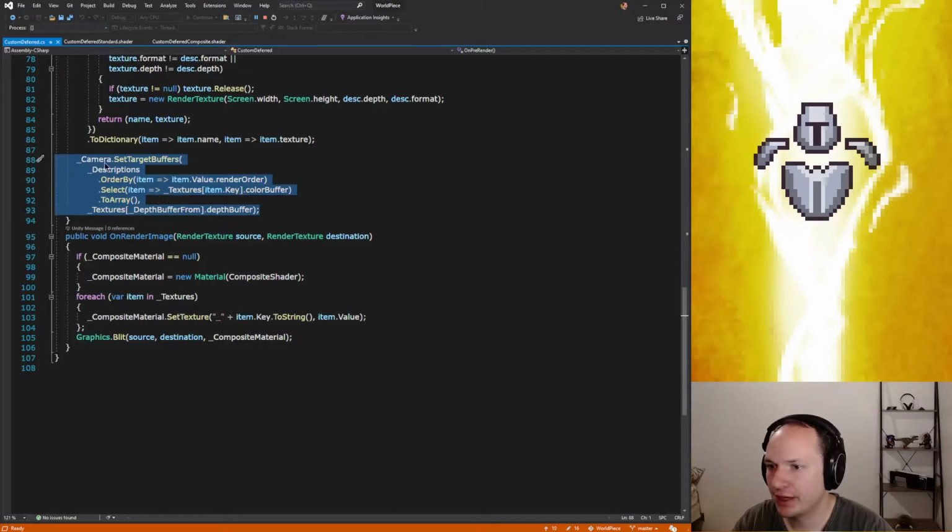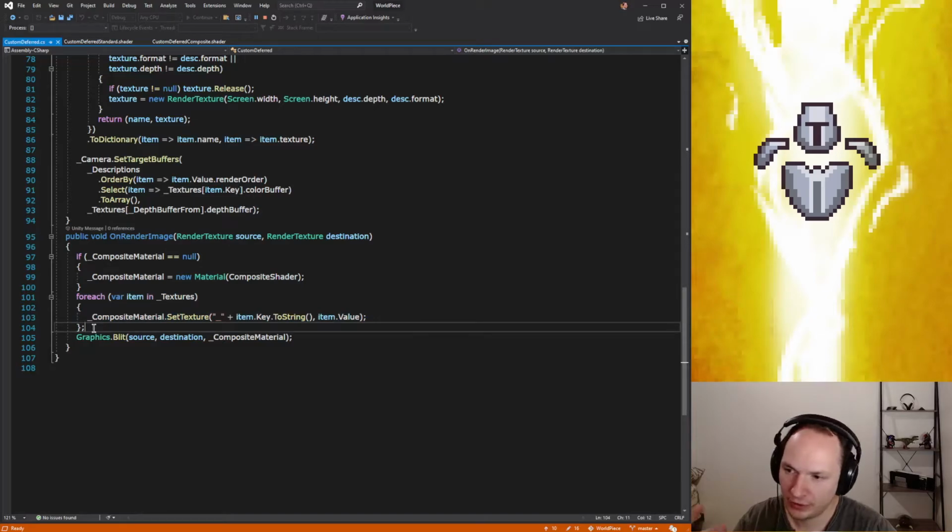Yeah, and then once we have the camera rendered, this is a screen space effect that happens after the camera renders. It can create the composite material from the composite shader, and the composite material sets textures for each one of these textures. It can just provide the name of the texture and then the texture itself, and loop through all of them